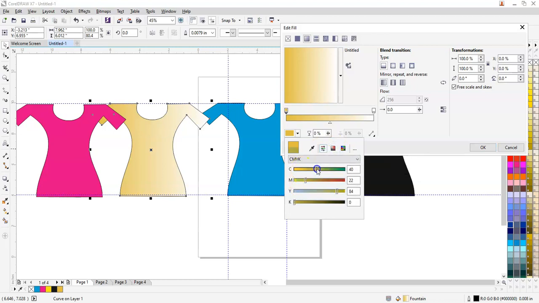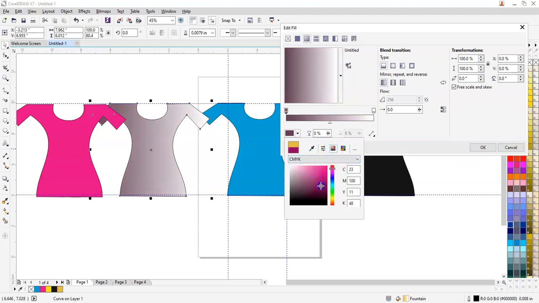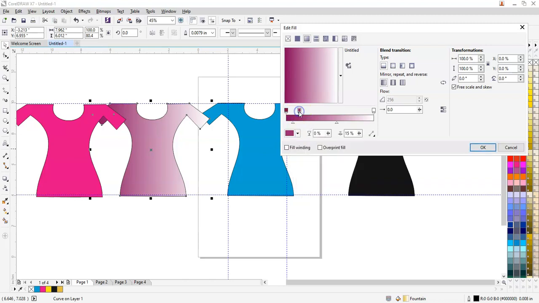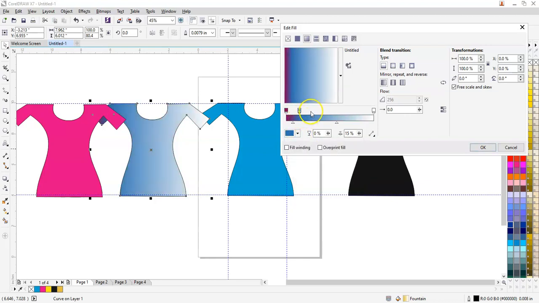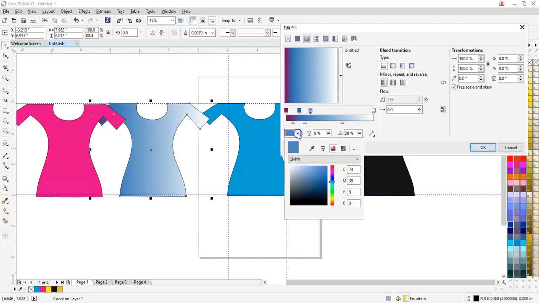So here you can just increase and decrease, and you can create your own shades over here itself, whatever is your requirement. Or you can pick up the single colors and make your color and add up your shade over here. So apart from this, when I like this color, what I do is I double click here and select any other color. So there I have multi-color shades over here. Double click over here again and click here.